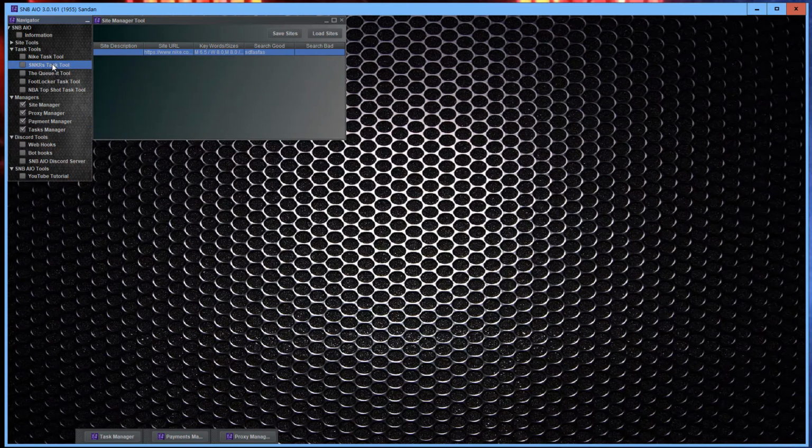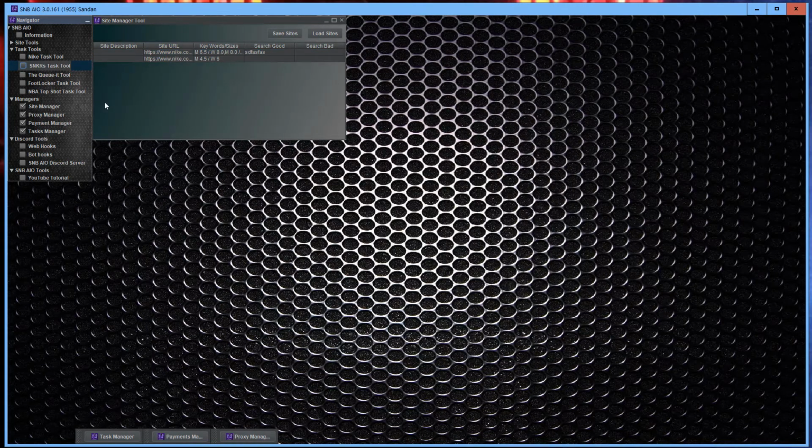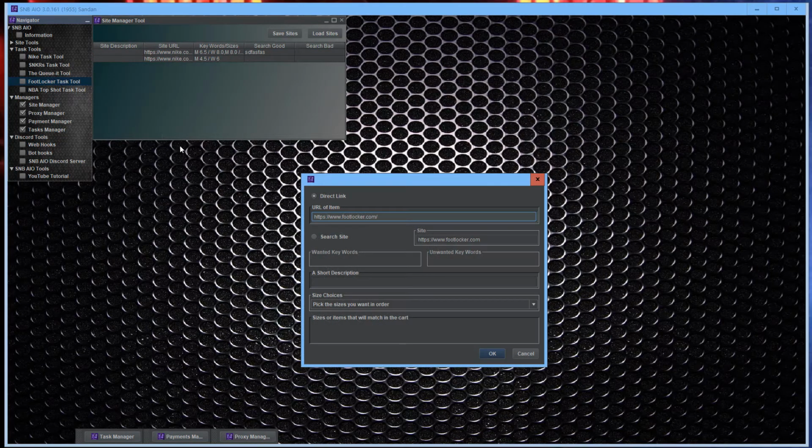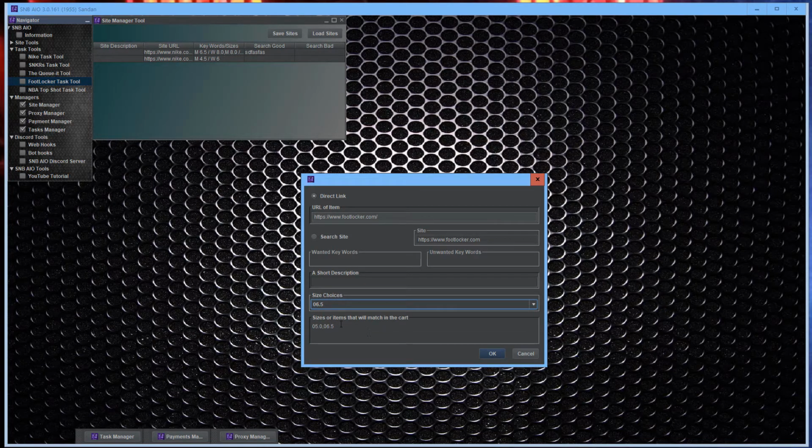So besides the Nike, if I decide I wanted to do something in sneakers, it's a Nike derivative, but it's just a slightly different website. I can go there. Hey, if I wanted to do something with Foot Locker, Foot Locker's got a different naming or numbering for their products. So I would just go here and check ones I want. If I didn't like those, I could just delete them, and say, I'll do the sevens, and then maybe, I got someone who needs some 11 here,